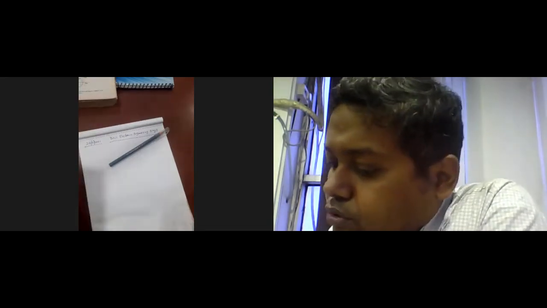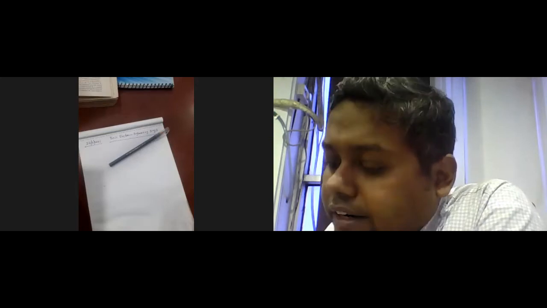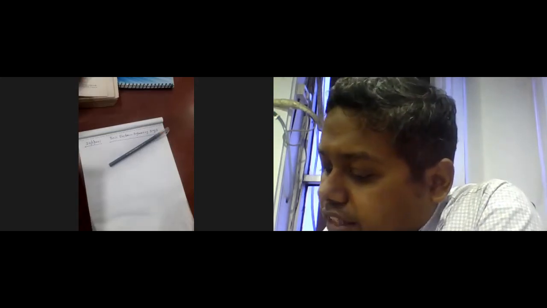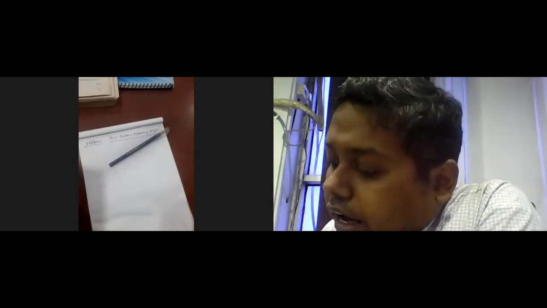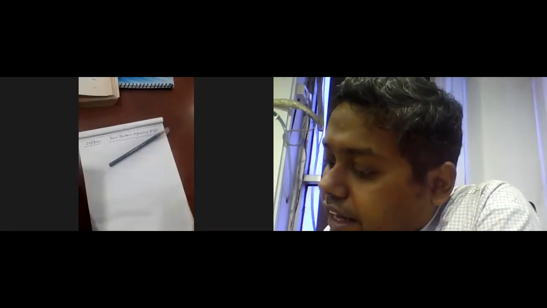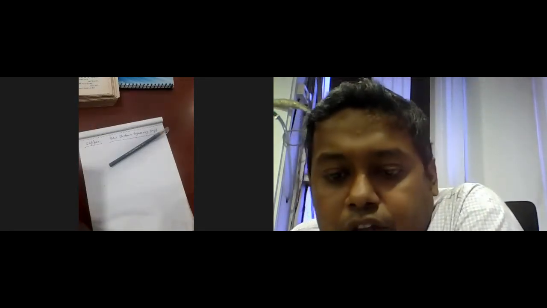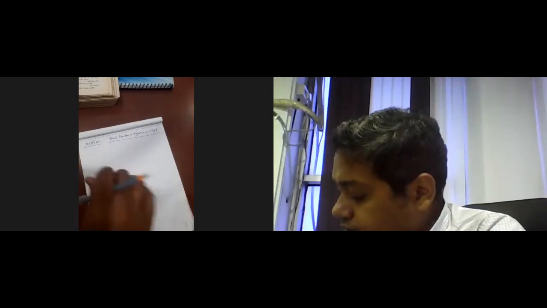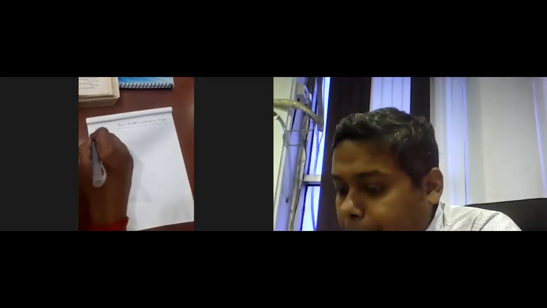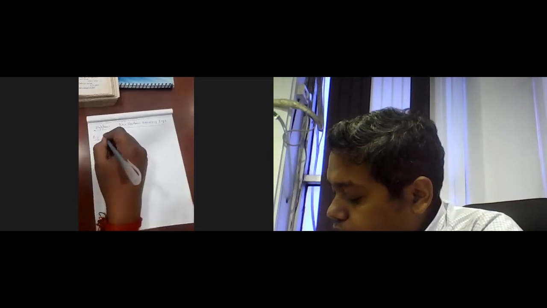Especially I request the electronics branch students, I already introduced DC load current, ripple factor and rectification efficiency of the diode. On the basis of that, I have given one numerical problem which is very important for your examination. That is a full wave rectifier.